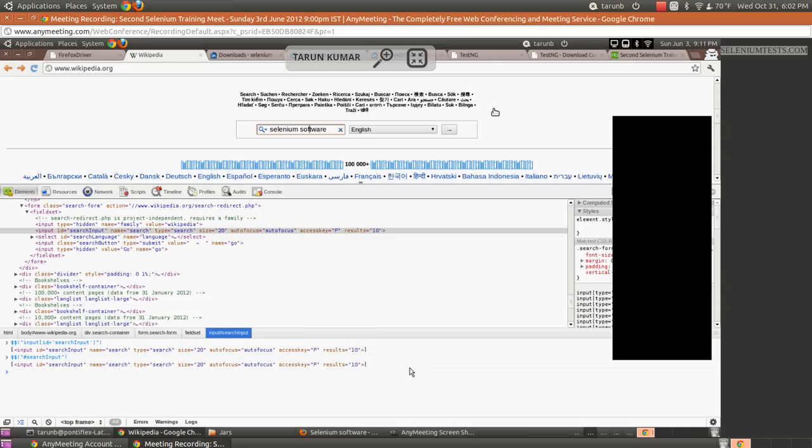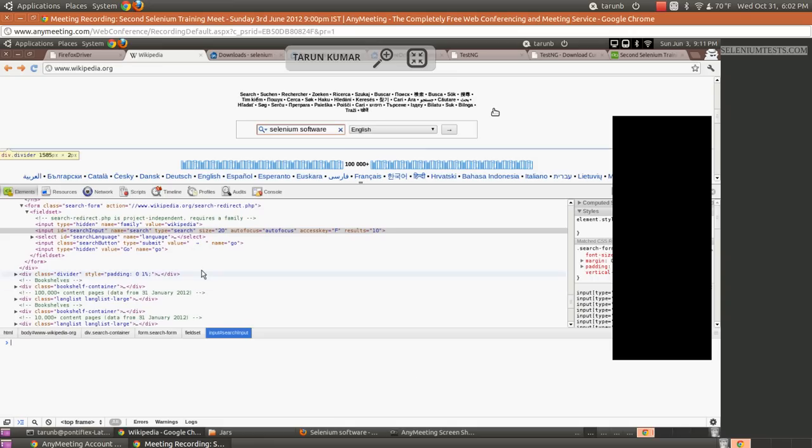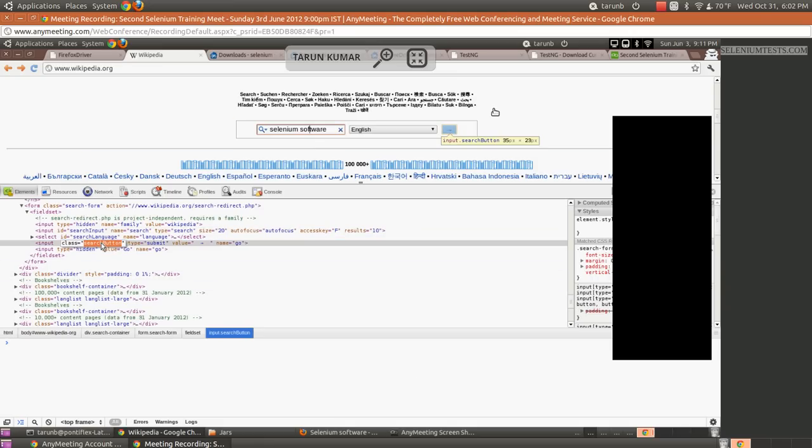So let's come back to another locator here. We'll see the class element. How do we find a class element? So we have an input with class search button. I'm not referring to a regular expression, I'm referring to the regular way of writing it here. So you write it as input, class,